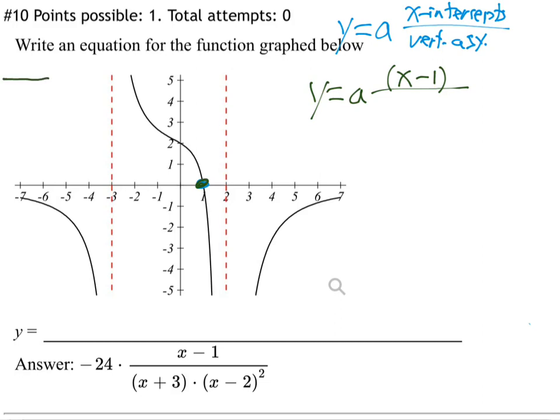Remember how we learned that if a curve passes through at whatever, 3 or whatever, that it would be x minus 3 to the first power. First power. But if it bounces at 3, if it goes boing and goes back up at 3,